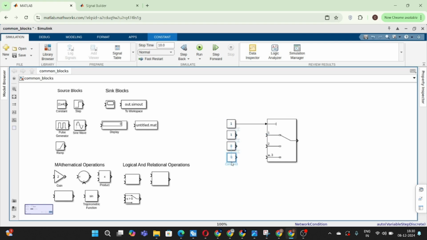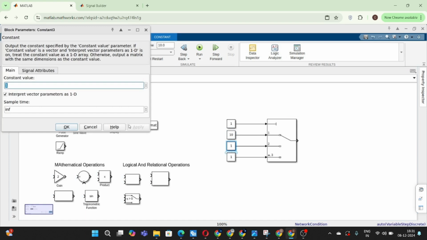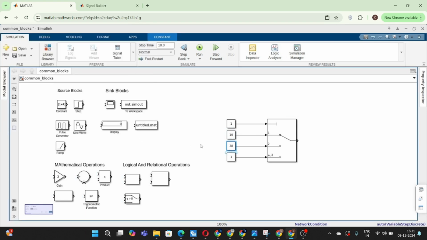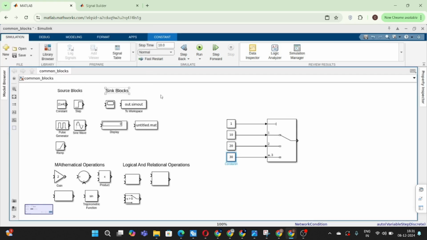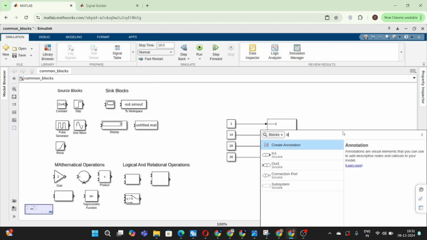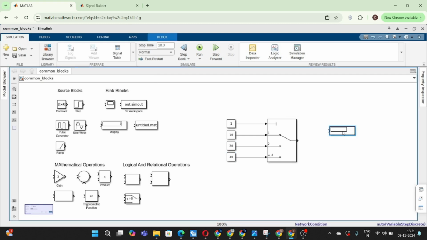So, done. I will connect it. When the index is 1, let me send output as 10. When the index is 2, let me send output as 20. When the index is others or 3, then 30. Let me connect one display at the output